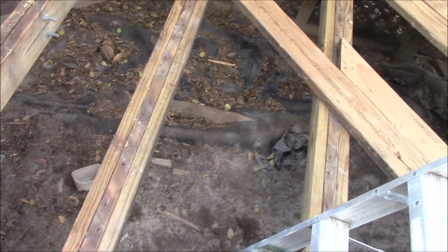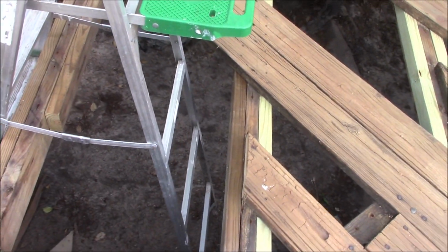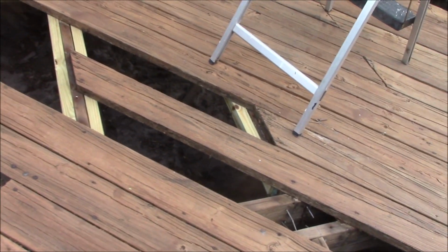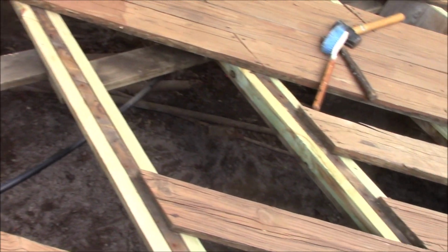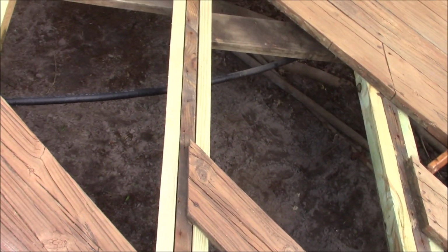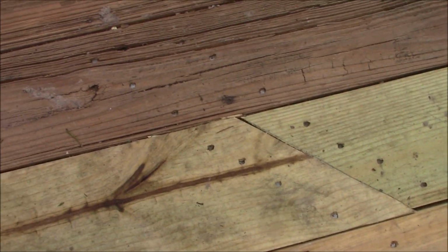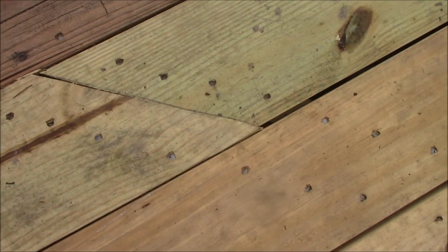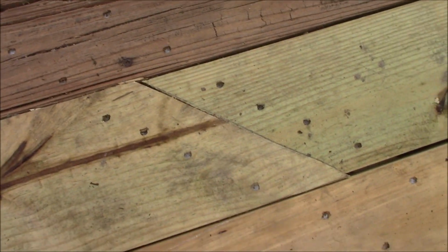So my solution to this is I've added a 2x3 cleat, 2 of them, to each of the joists so that I have something to nail into. So now I can add nails 1.5 inches out, and they won't be splitting the wood. Here's a good example right here. You can see with that cleat, I can move those nails out to the very edge and center it on that cleat, and now I have 1.5 inches instead of